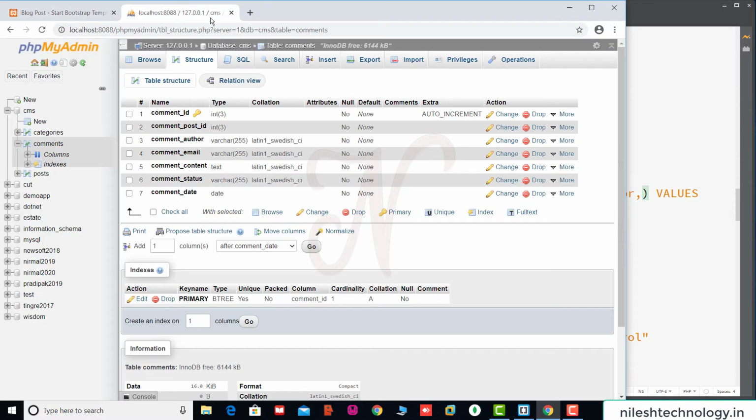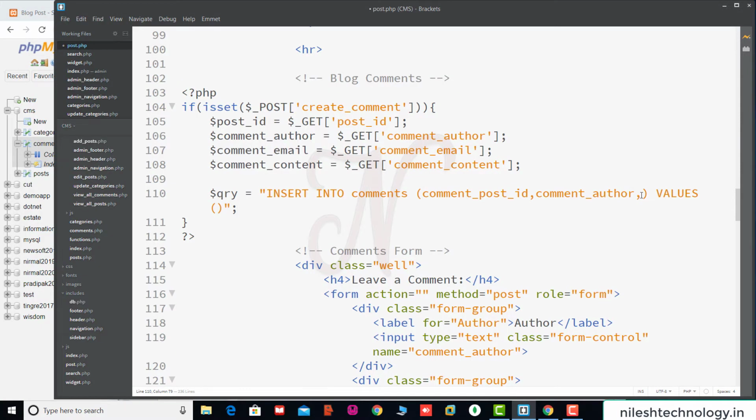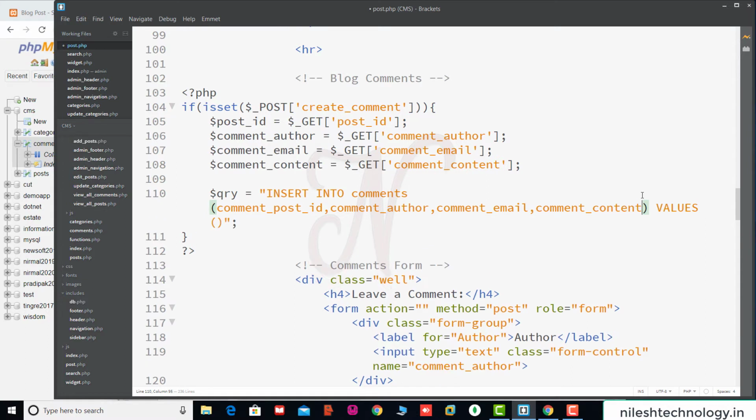So see here simultaneously author, then email, content, status, date. Comment email, content, status, date. So here values,